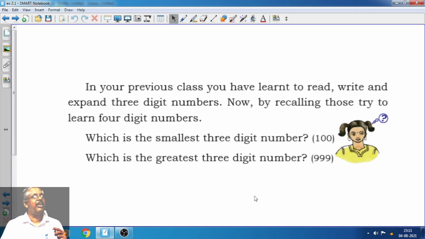Look at this. In her previous class, she learned to read, write and expand 3-digit numbers. Now she has to recall those and try to learn 4-digit numbers. So what is she going to recall now? Look at this. Which is the smallest 3-digit number? The number is 1, 0 and 0. That is 100. And then, which is the greatest 3-digit number? Again, starts with 999. That is